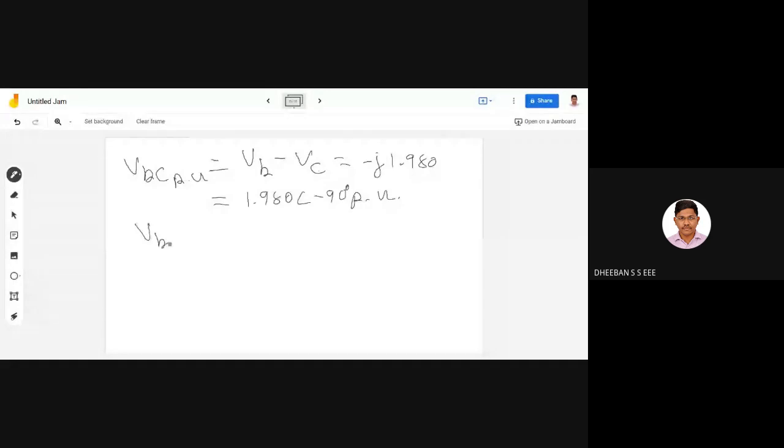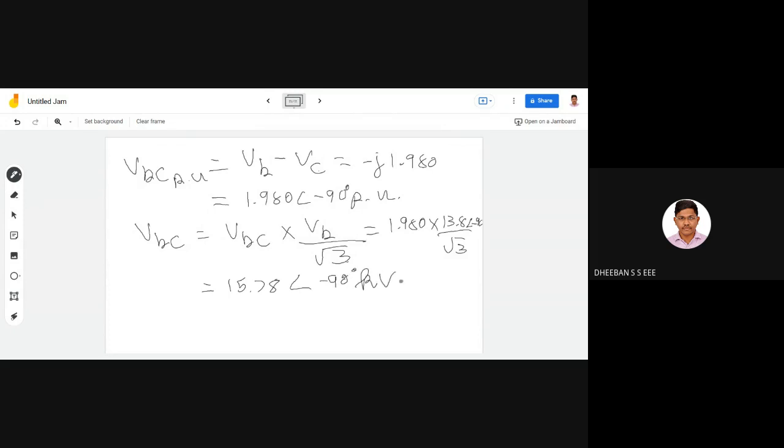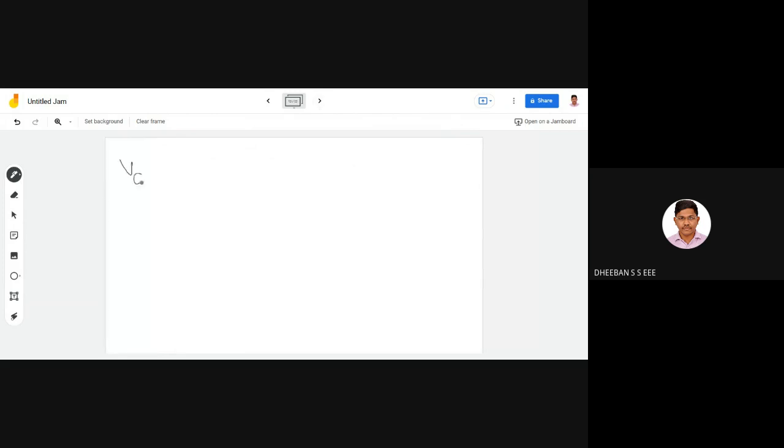So VBC equals VBC per unit into the base value, into root 3. So this will be 1.980 into 13.8 by root 3, at an angle of minus 90 degrees. This value will be around 15.78 at an angle of minus 90 degrees, in kilovolt. Okay, so this is for your VBC,